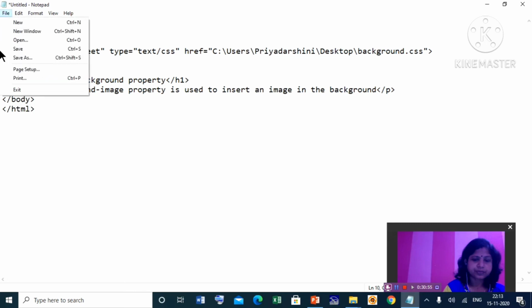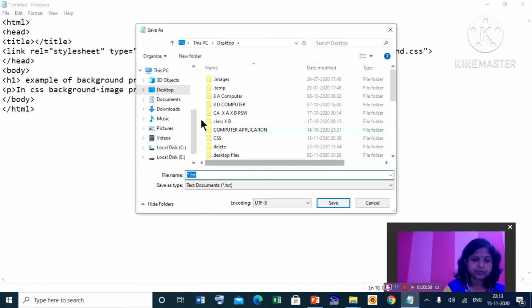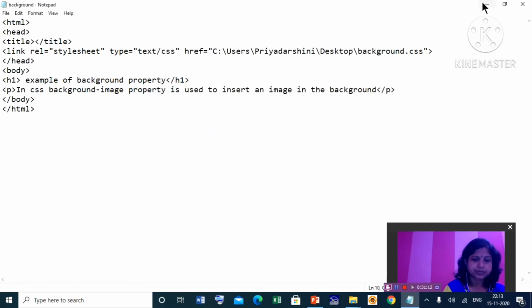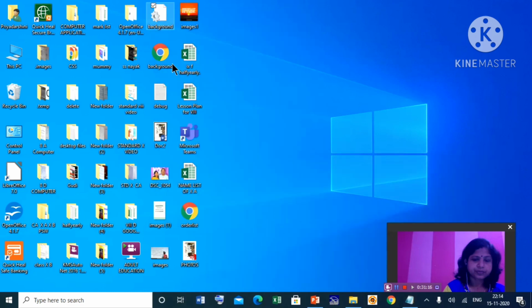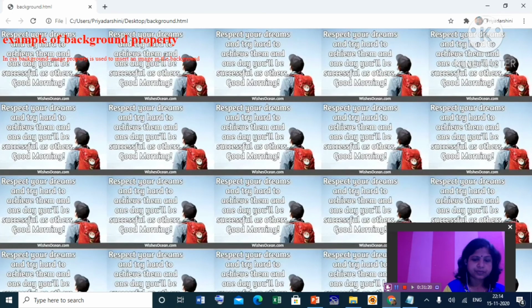Then save it. File, save. Now see, this is the file, and open it. Here we have given red color, so it has come in red color. Here also in the paragraph we have written, and this is our background.